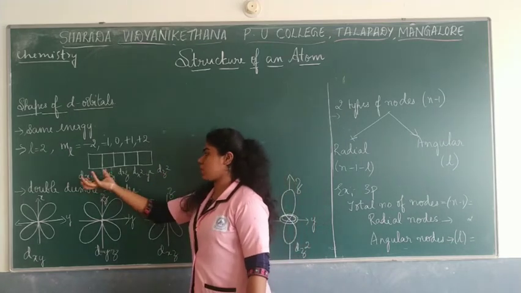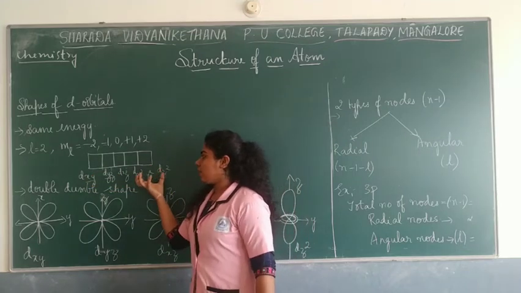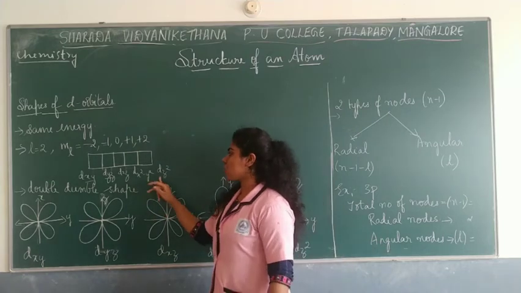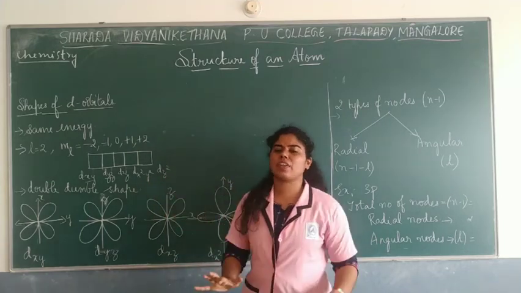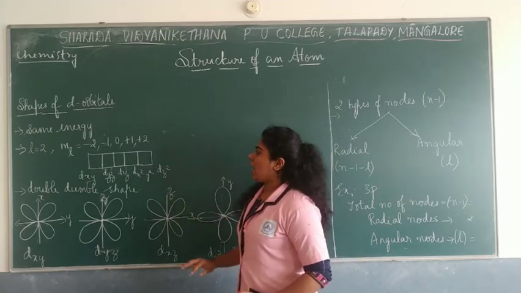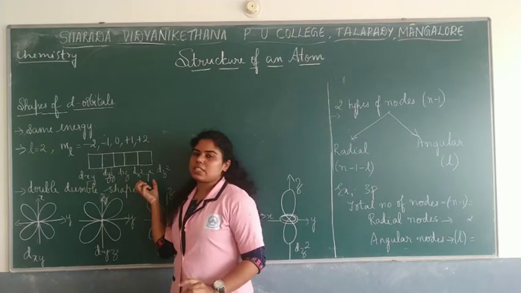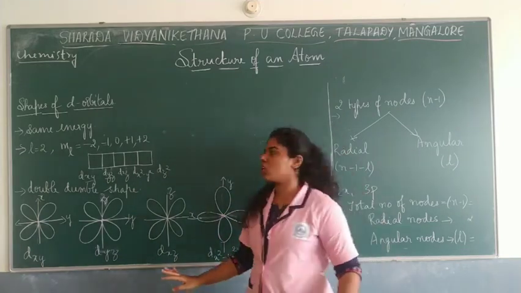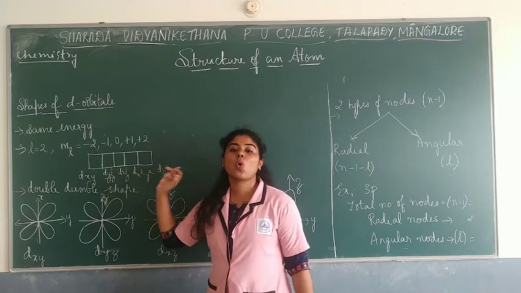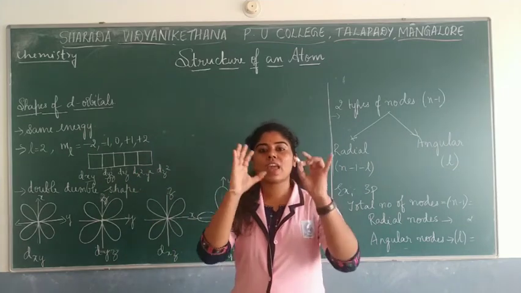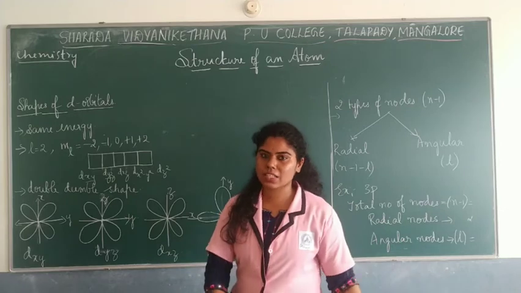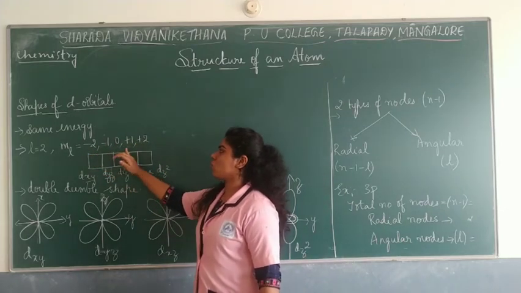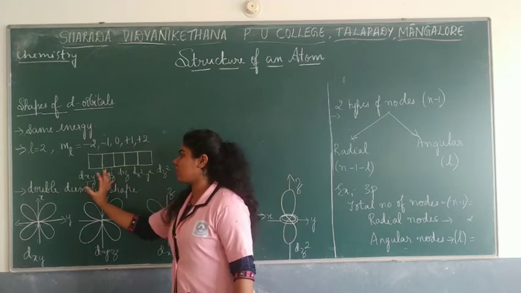Now the shapes, if you consider, the first 3 orbitals will have similar shapes, whereas the last 2 will have slightly different shapes, but I'll tell you what it is. Now talking about the energy of these d orbitals, all the 5 orbitals will have the same energy, but the difference is that the way they are oriented, or the way we represent them in different axes, is going to be different. Now, as you all know, the values are given as minus 2, minus 1, 0, plus 1 and plus 2. So these are the 5 orbitals.